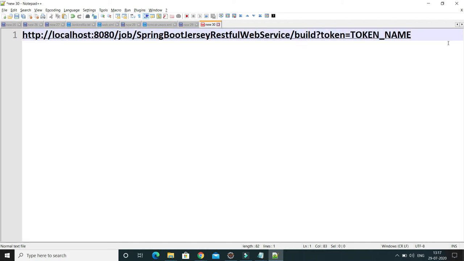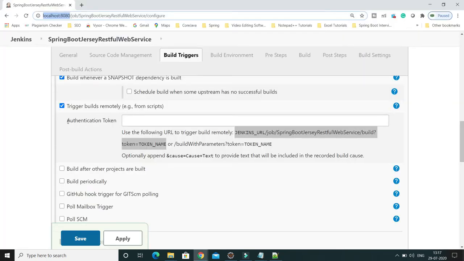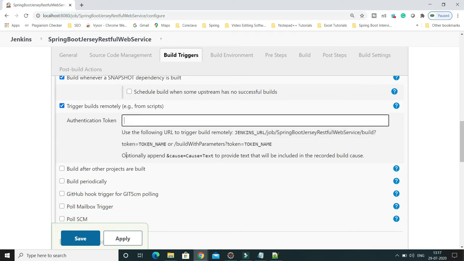Now the second thing is the token name. How will we get the token name? If you come back here, when I selected this checkbox, it shows the authentication token. Here we need to provide the authentication token.